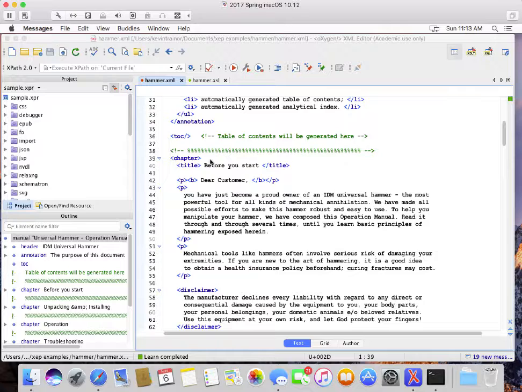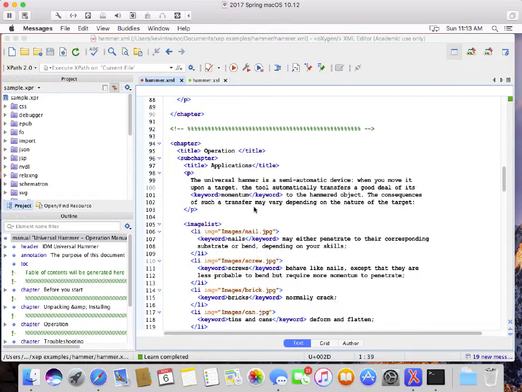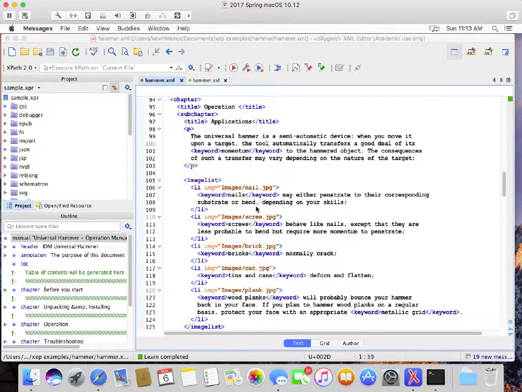We come right into chapter. So this is the first chapter. We've got some front matter stuff. This is a typical custom schema, publishing-oriented kind of document. It's not geared toward any particular rendering or formatting. Okay, we could create a web version of this if we had the proper